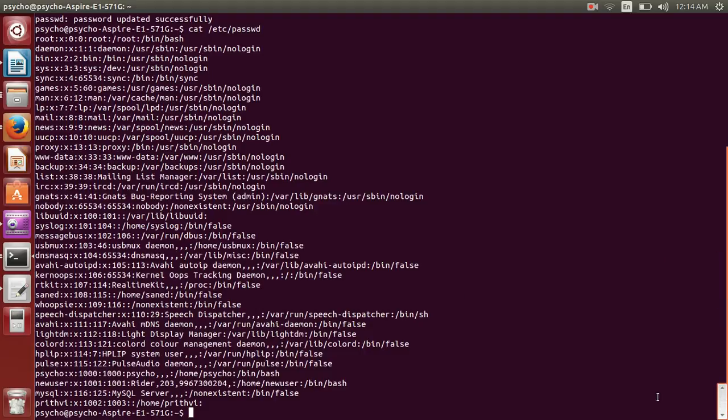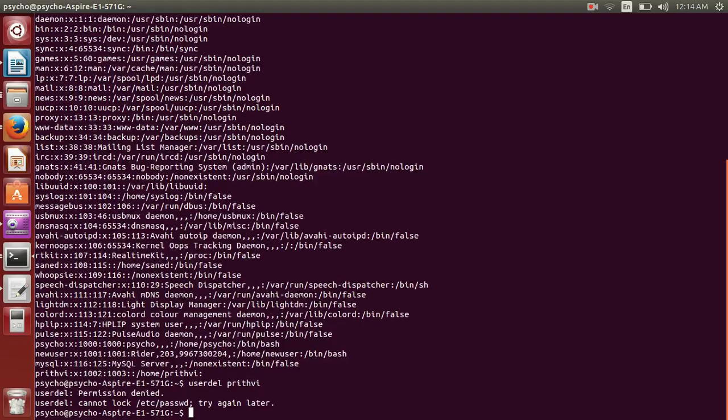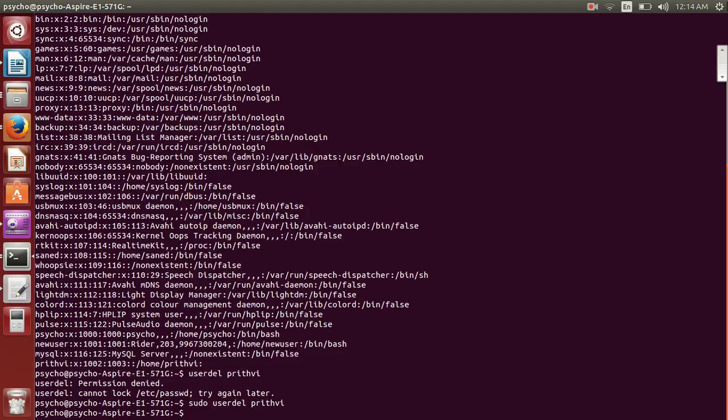Now let's quickly see another command, which is userdel space username, which will delete the user. We don't have permission. Sorry for that. The user is deleted. See, now we have another option for useradd, which is hyphen d